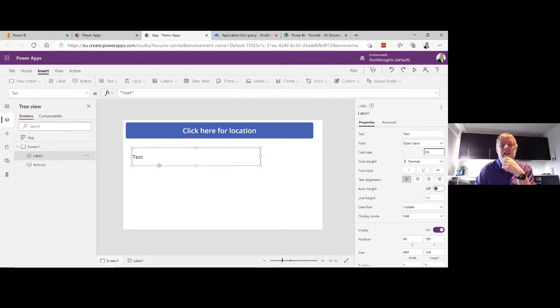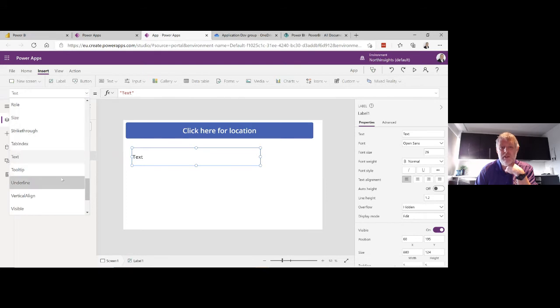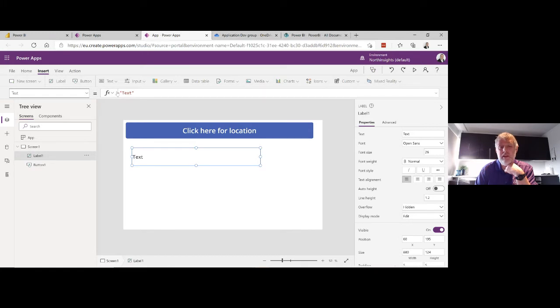So at the moment, this label will show you text because the text of the label is equal to text. Everything in Power Apps, when you have an object in here, that object has a bunch of different properties. So for example, this label has all these different properties, and each property can be a constant in this case. So it's like a property equals text, and you can have other properties that equal something else, but they can also equal functions.